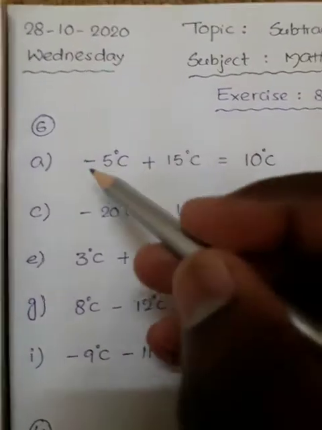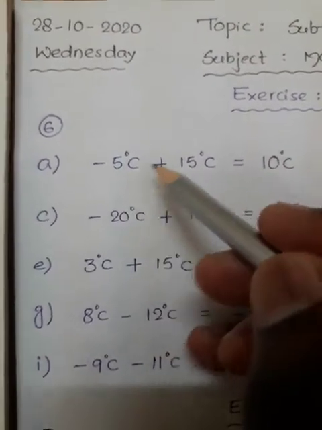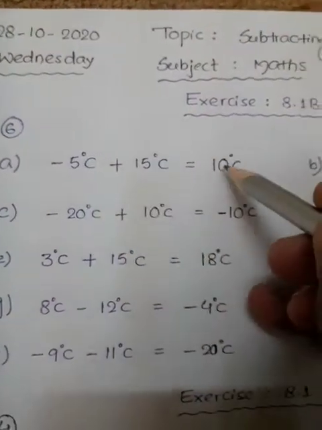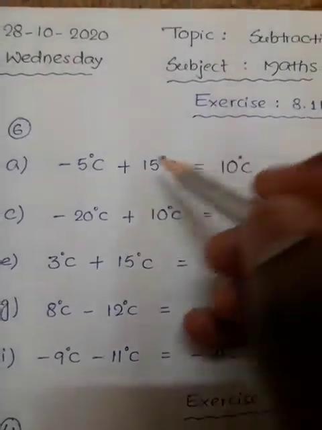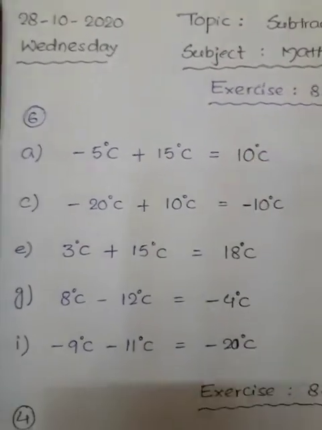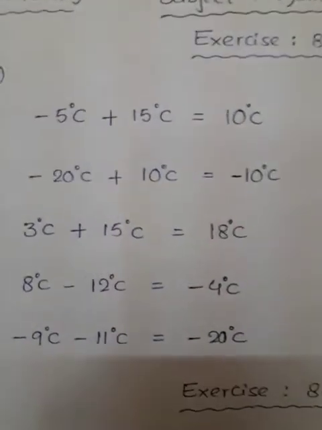Okay, 15. So look at here, these are different symbols. Whenever the symbols are different, we should subtract. So 15 plus minus 5, how much? 10. But after the subtraction, you have to check it. 15 is the big number. Before 15, the plus symbol is there. So plus. If you want to write it, write it. If you don't want to write it, no problem.